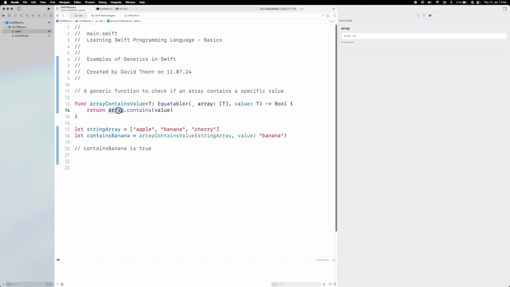So now it's going to return true if one of the items in this array is equal to the value item here, all right? And this is why it's really nice to be able to do generics, because they teach you a lot about collections too. All right, and so now we have a string array of apple, banana, and cherry, and which we can see through type